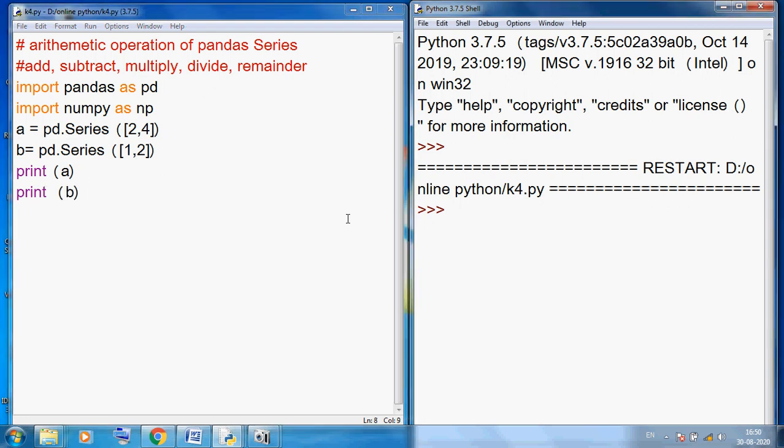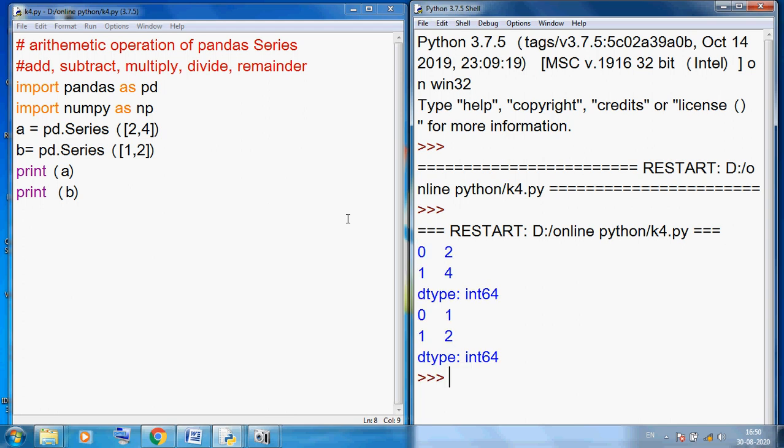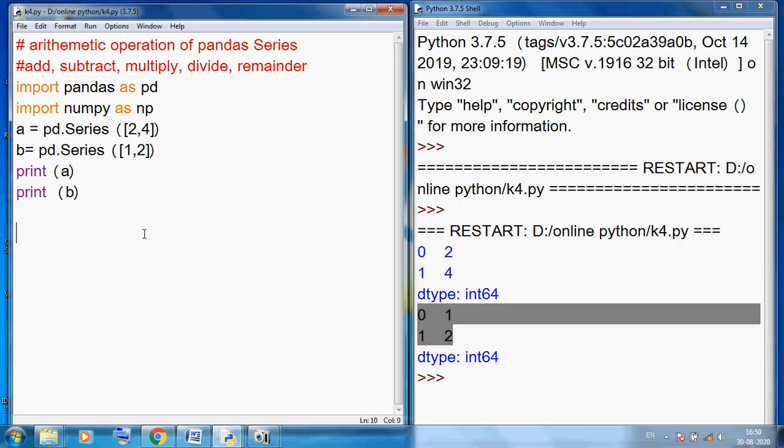Control S, F5. So you can see this is our pandas series A data and pandas series B data. But today our main motto is to perform addition, subtract, multiply, divide and remainder using arithmetic expression style.